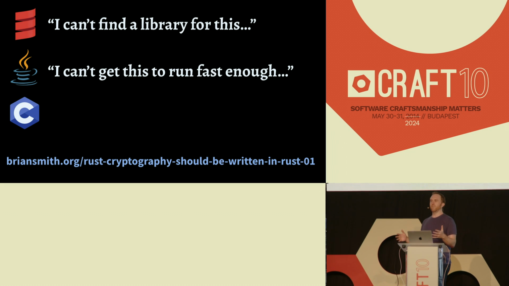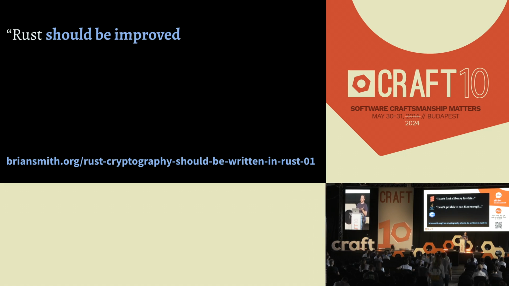Now, you might say, why would you ever need to drop down into assembly from C code? I mean, it's already incredibly low level. So this is a blog post from a guy named Brian Smith. He's not talking about writing C code here, but he is talking about the need for writing assembly code inside Rust, which also is a language that lets you write very low-level code. He's the author of the most popular Rust cryptography package. And what he writes in this blog post, which is called Rust Cryptography Should Be Written in Rust,